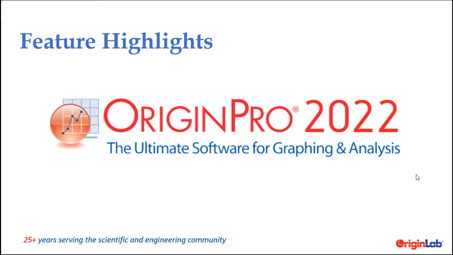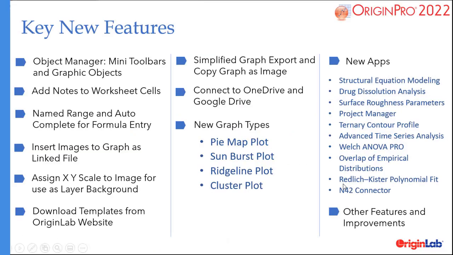This video is an overview of key features and improvements in Origin and OriginPro 2022. There are several key features that have been introduced, such as Object Manager to access graphic objects in a graph, add notes to worksheet cells, named range and autocomplete for calculations, inserting an image to a graph as a linked file, assigning an XY scale to an image for use as a layer background, download templates from OriginLab website, simplified